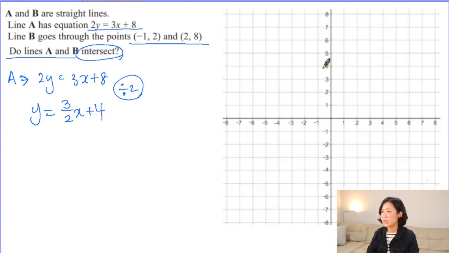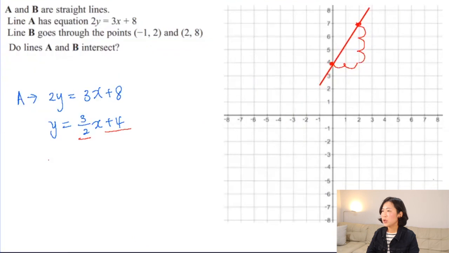Then let's draw it from the y-intercept. That means 2 to the right, 3 up, right? 2 right, 3 up. That is a new point. You connect them together. Then this is our line for A. Then what we're going to do here is show that lines A and B meet. Another thing is, for line B we don't have an equation, but we have got